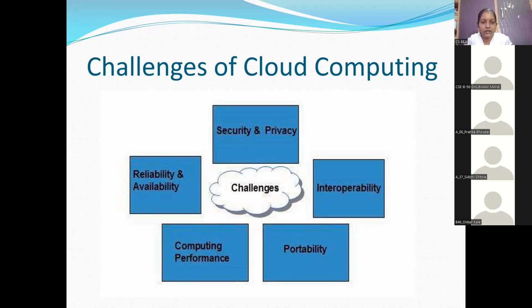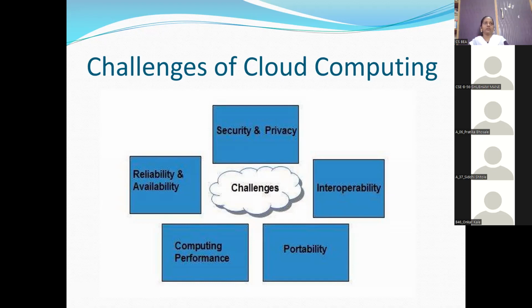Data-intensive applications on the cloud require high network bandwidth, which results in high cost. Low bandwidth does not meet the desired computing performance of cloud applications. And finally, reliability and availability. It is necessary for the cloud system to be reliable and robust, because most businesses are now becoming dependent on third-party service providers.